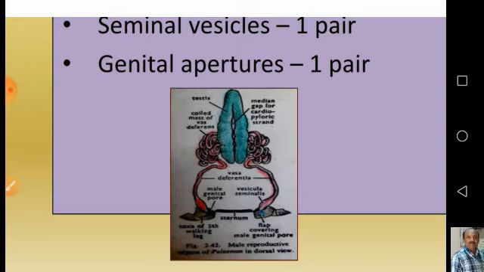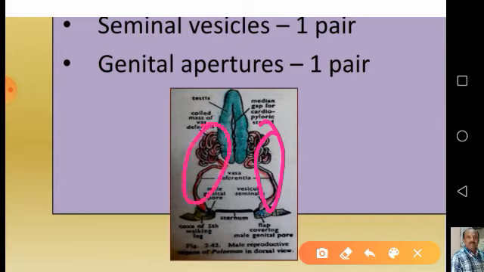So the vasa deferentia. Now you can see here a very coiled, very convoluted structure. A long, coiled and narrow tube, which is called the vas deferens. This is one vas deferens and this is another vas deferens. I already said it is singular. If you want to say it in singular, you should say vas deferens. But the plural is vasa deferentia.